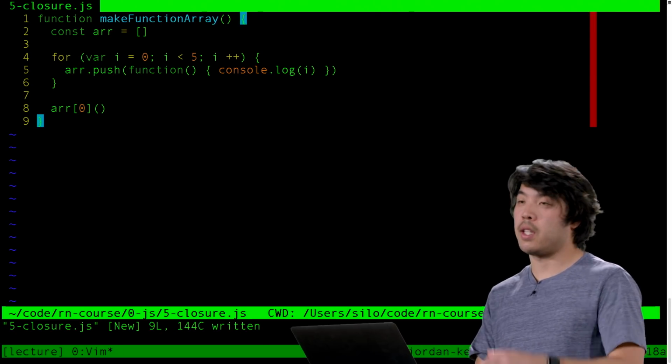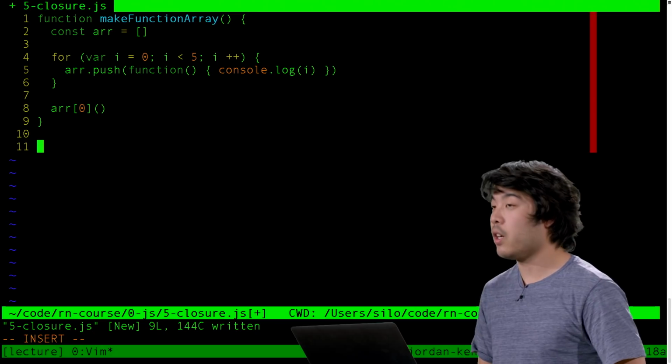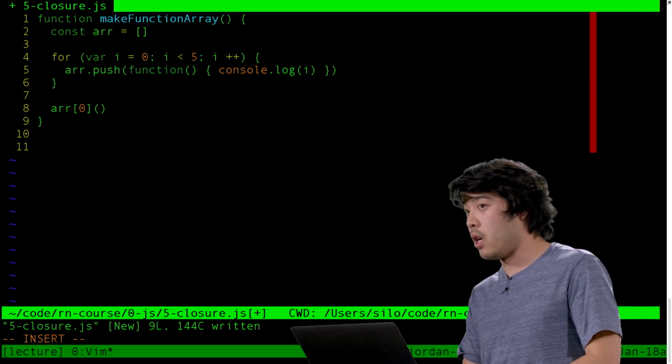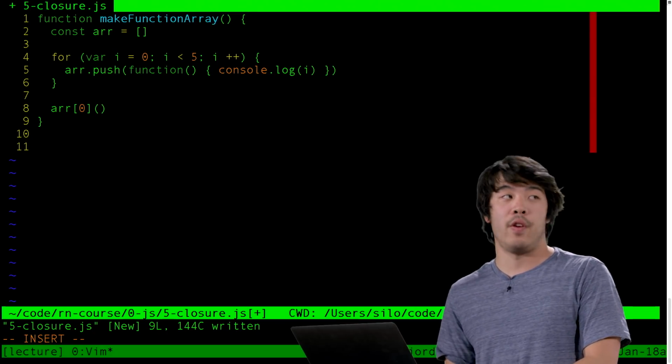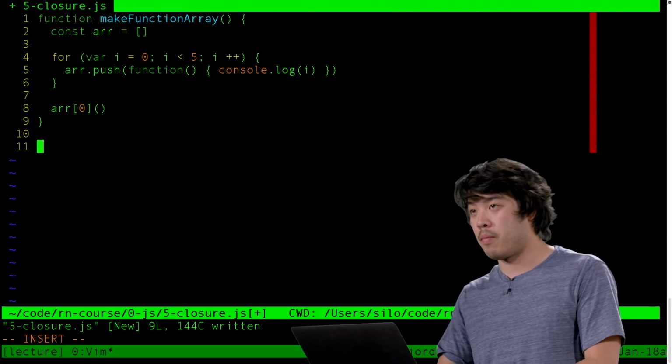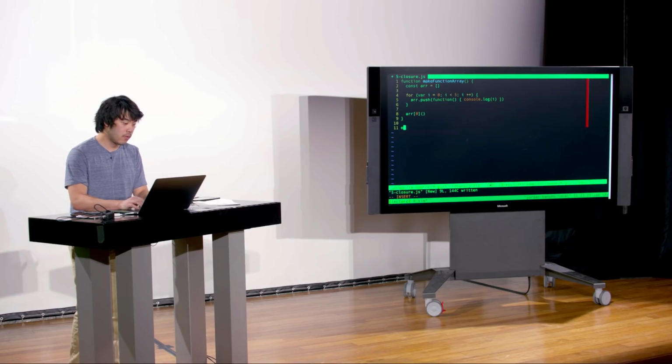All right, so what the heck did I do here? I declared a function called make a function array, and all it does is create an array, fill it with functions, and then invoke one of them. And so if I were to call this,